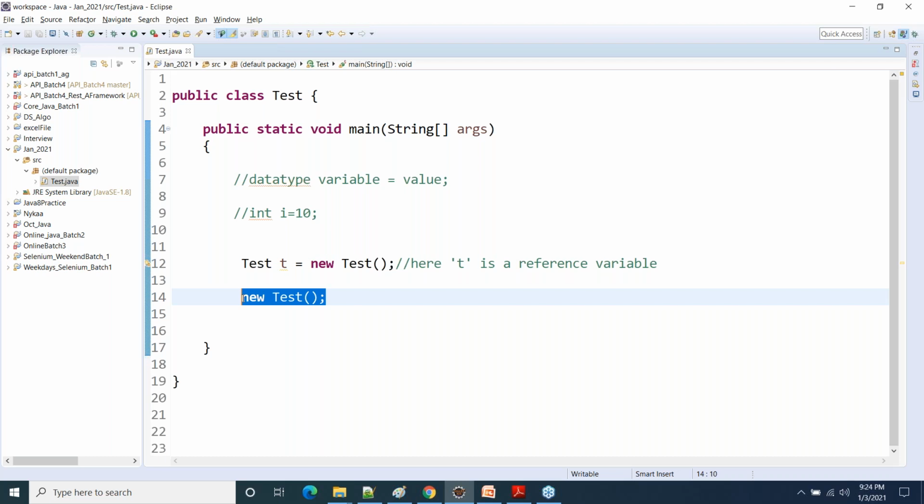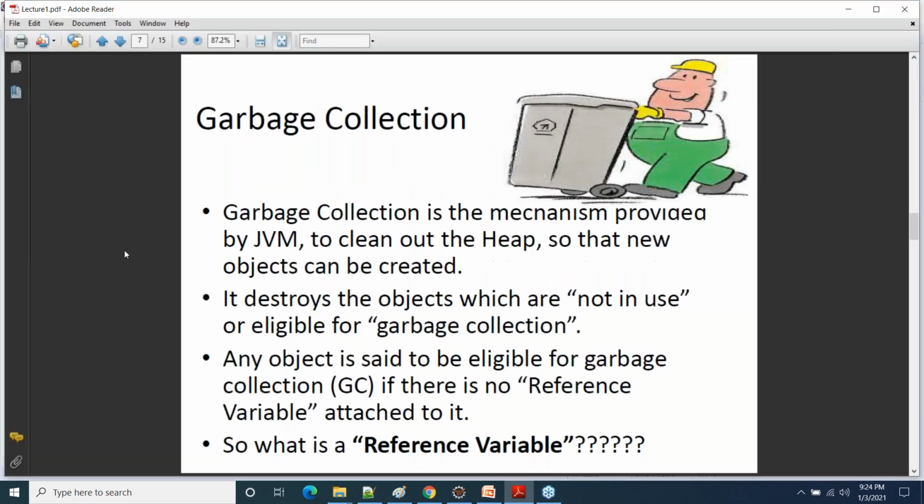The good thing about the second option is that it will be ready for garbage collection, and the good thing about the first option is that you can use the same object again and again. It's up to your requirement which option you choose to create the new object. Is that clear? Clear, guys?